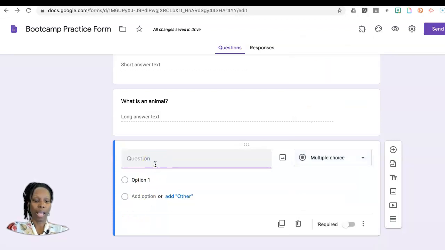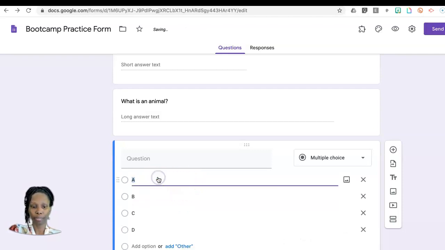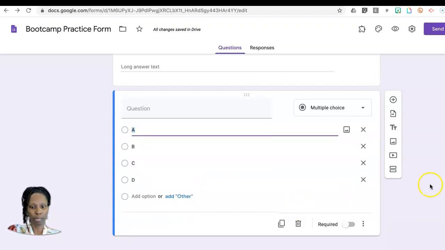Let me just mention that by default, it says option 1. And there is some suggested text. Let's say you want your responses to be A, B, C or 1, 2, 3. Once you start typing, you'll see the suggestions that you can continue, or you can click add all if that's what you want your options to be. You can click add all, and it's going to create that for you. Moving on,